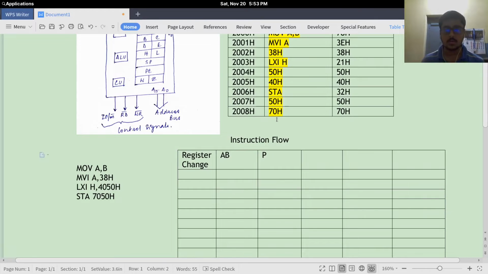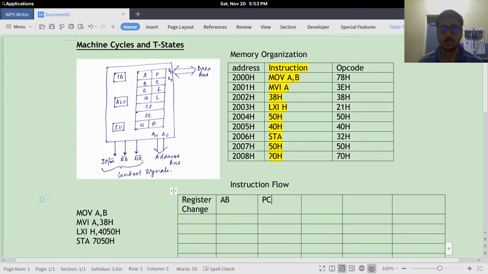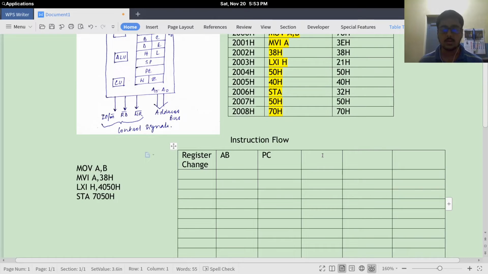Then PC, the flow of data in the program counter, how the program counter is updated to consecutive memory locations after each instruction. Then DB, the contents of the data bus. Then the CS, or control signal, and finally a remarks column for the type of instruction we are demonstrating.